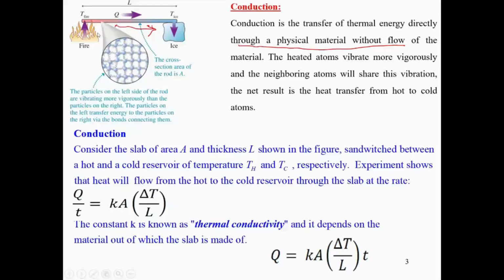The net result is the transfer of heat from one point to another. But as I mentioned, the molecules themselves do not travel from one point to another. They just oscillate with energy. And so the conduction